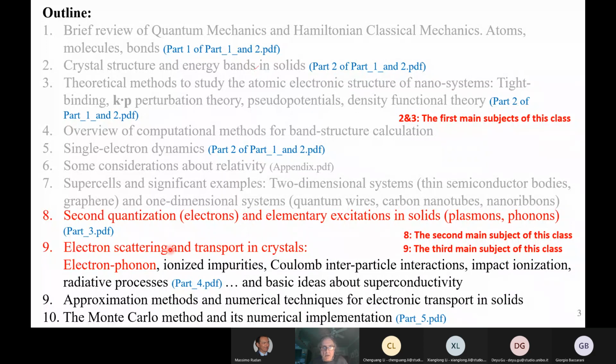We will have to talk about electron scattering in solids, and that's something that we may start dealing with at the end of today's lecture, the second part of the lecture. But we were dealing with dielectric screening, which is something that we have to deal with before considering the interaction of electrons that move in a crystal, which is what we really need in order to understand charge transport in